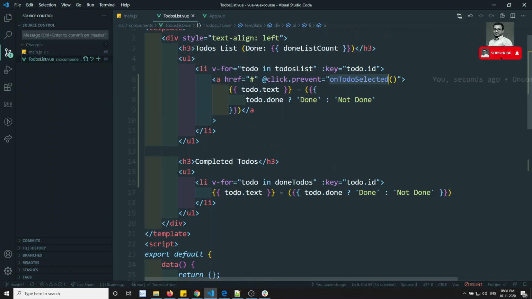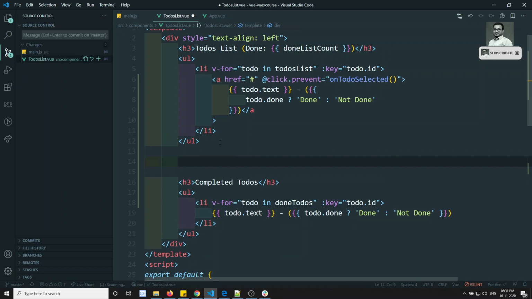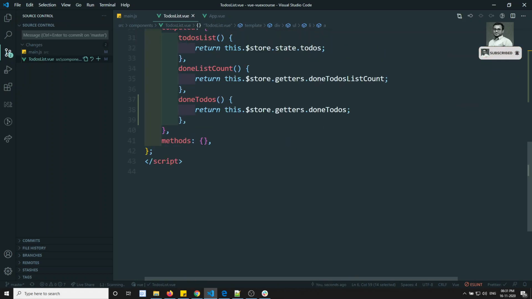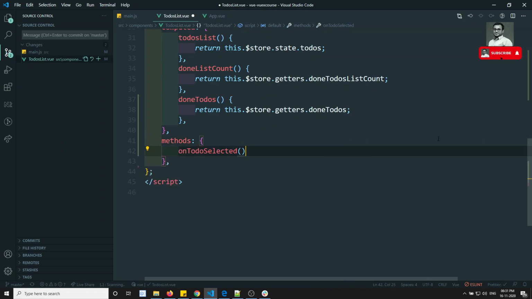Now when I select this one, I want to show the data. So where do I need to show it? For example, here let's write selectedTodo, and here I want to show the data. So now how can I show the data? One thing is, here I can write onTodoSelected of id.